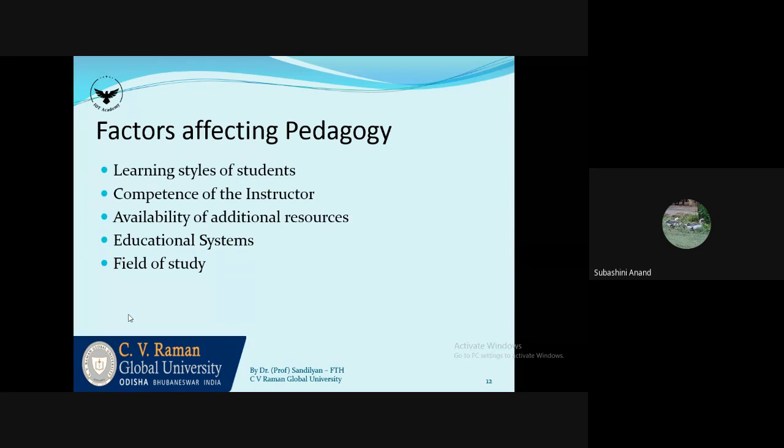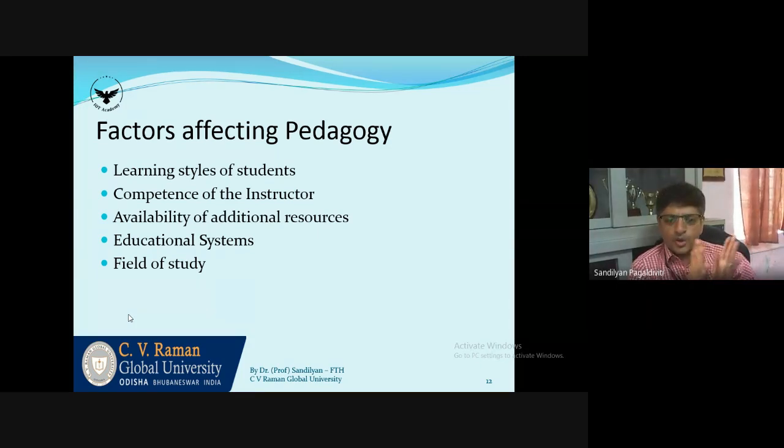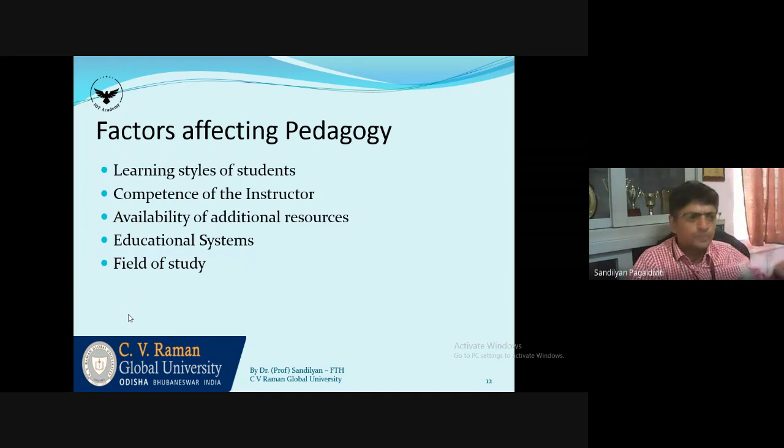The competence of the instructor, yes, as I said, almost always instructors feel that they are doing their best job. I never doubt that. But when we share this knowledge, the idea is you are doing a great job. How can you do it better? If you can add on something and make your sessions more interesting, your competence as an instructor will be complemented or increased. The availability of resources, definitely, whether you have teaching aids, smart classrooms,